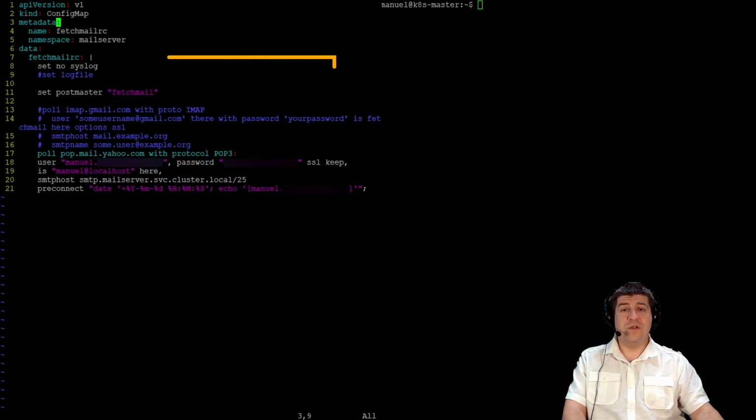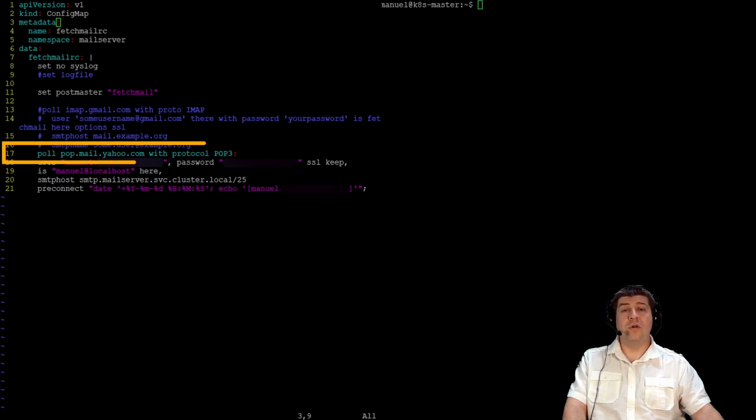First, we start with set nosyslog. That prevents the logging in a log file and outputs the logs on the console instead. I set the postmaster to fetchmail, and then we jump right into the polling of the accounts. I start by setting up the server to contact for the email download with a line poll popmail.yahoo.com and declare